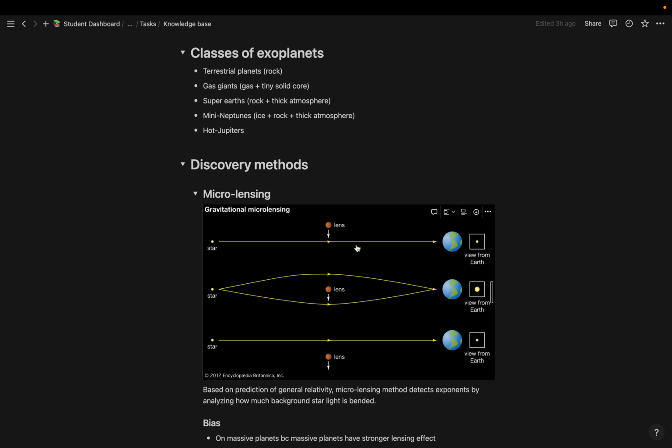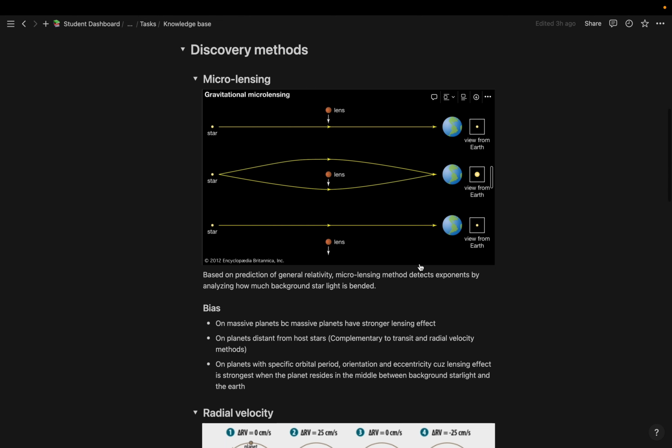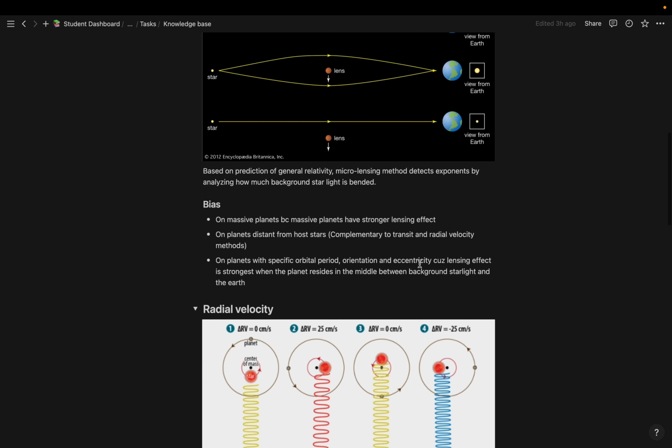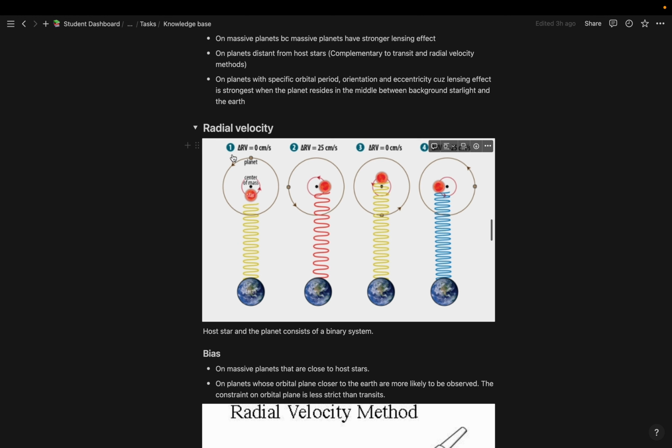And there are a few common discovery methods. Microlensing, which is based on general relativity. When a planet passes between Earth and the host star, its gravitational field will bend the starlight. And based on how much starlight is curved, we can infer the planet's mass. Microlensing has a bias toward heavy planets, and so does the radial velocity method, because when the planet and host